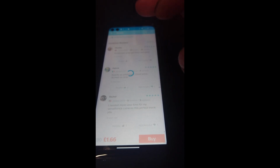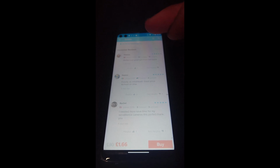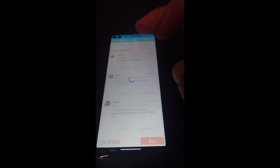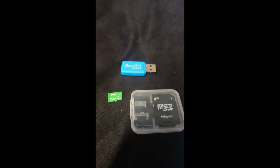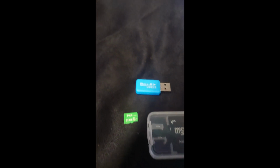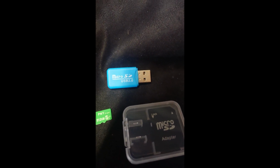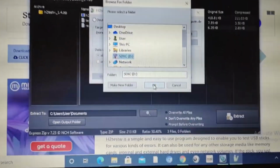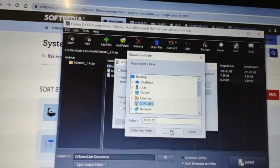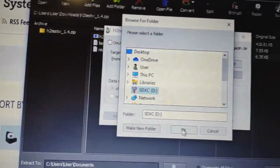But obviously with a lot of these, they don't really have that memory on them. They say 512, but in reality they might even be 512 megabytes. So what we've done is we've downloaded a software which we can test to make sure that what it is saying on there is correct. In order to test to make sure that this is a genuine 512 gigabytes, or at least close to that,